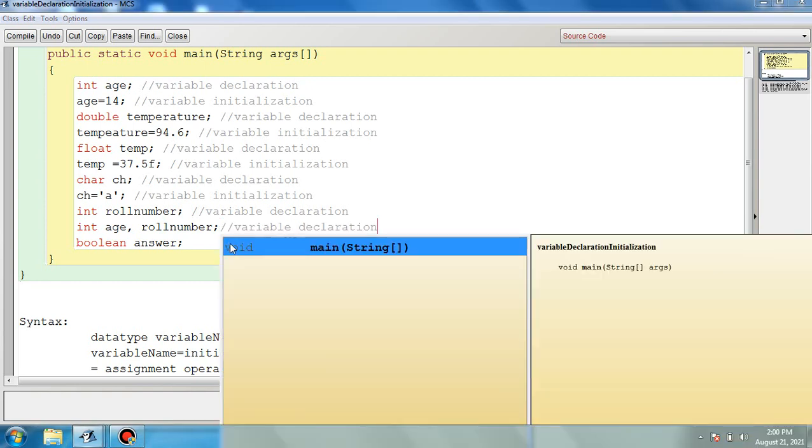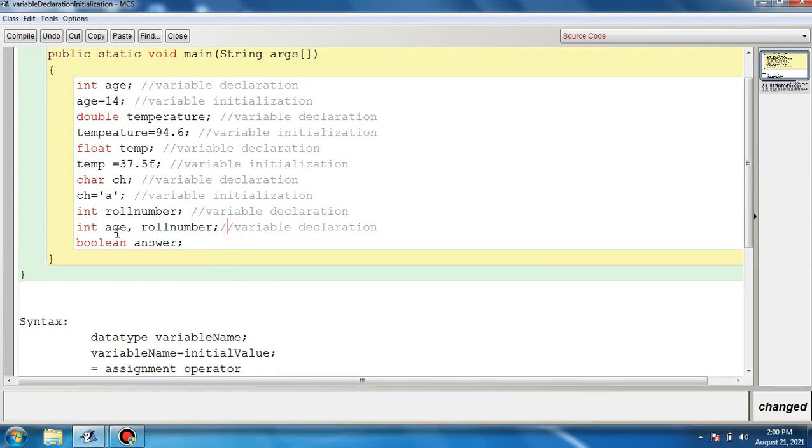If two variables have the same data type, then we can use a comma to separate the variable names, and this one is also variable declaration. So these are the comments. Single line comment, 2 forward slashes, whatever you type after that will be treated as a comment, and a comment will not participate in the program logic.